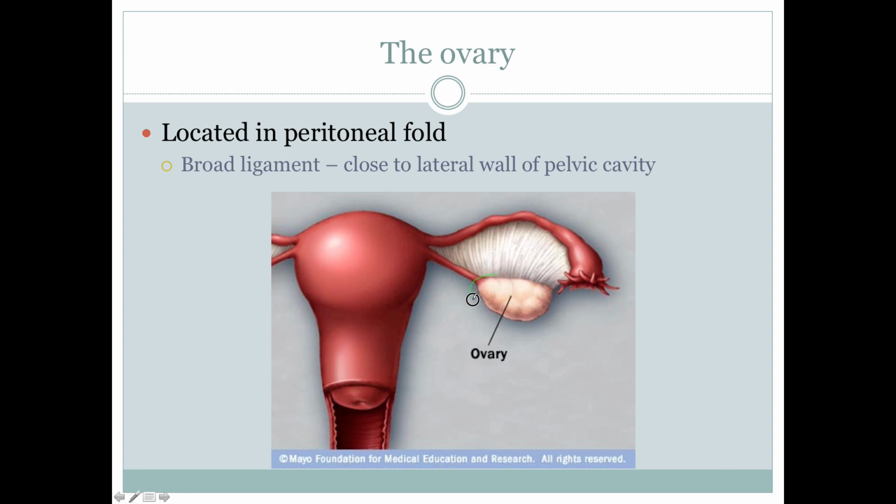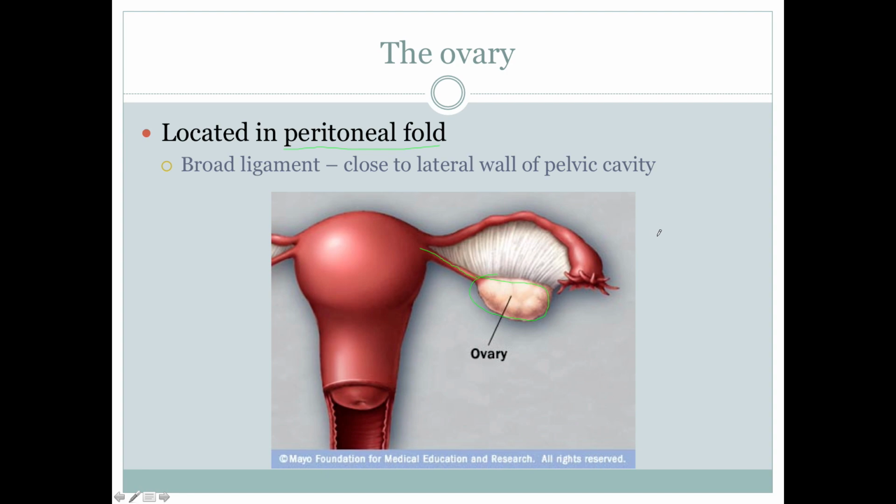And the main organ then of the female reproductive tract, the gamete here, would be the ovary. And there are two ovaries again. They are not directly attached to the fallopian tube. They sit right beneath it, and they just have this little stalk that attaches them to the uterus. They lie in a part of the body called the peritoneal fold.